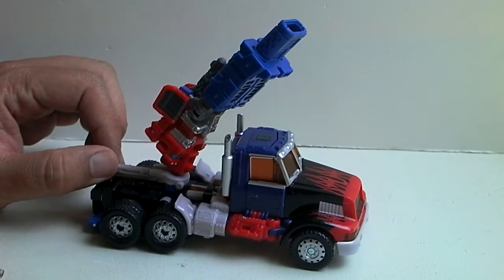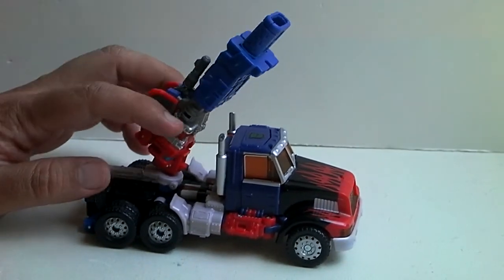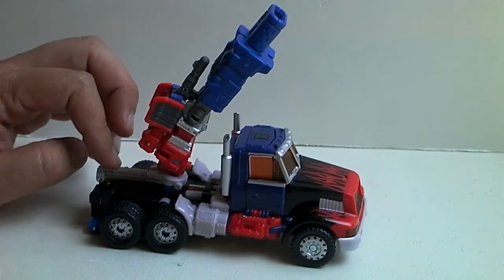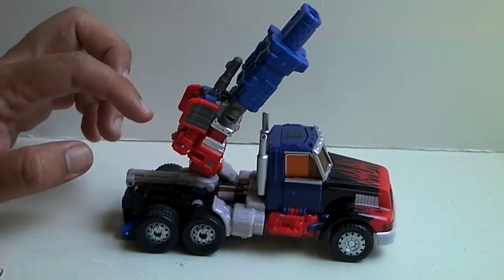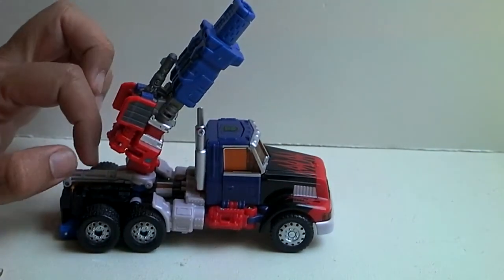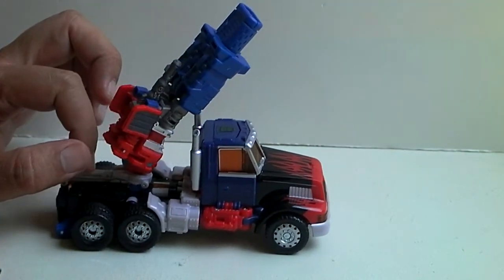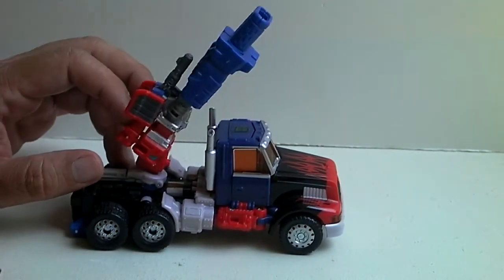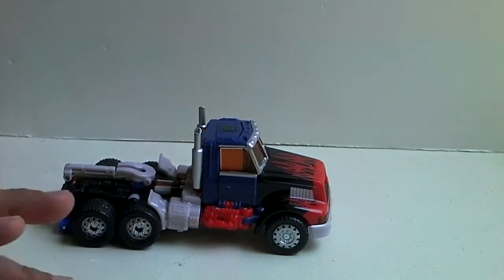I was gonna get the United version. Glad I didn't, because that was $40, and for 2 figures I spent 30-something. That was still too much, but I don't have a Ross's near me, and I've never actually seen this figure in stores. I don't know if I've ever seen the other figure that I got with him in stores, but that's neither here nor there. Oh, before I forget,